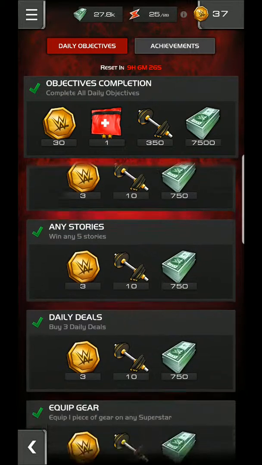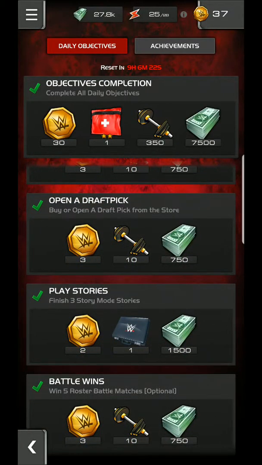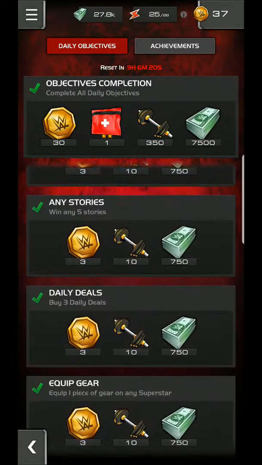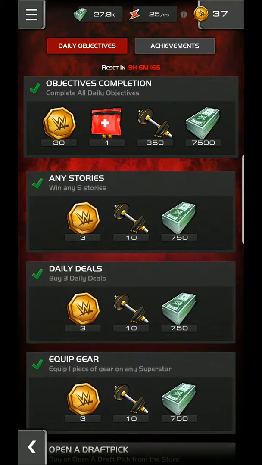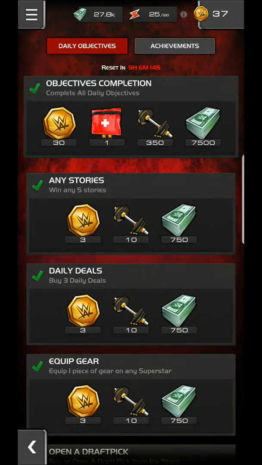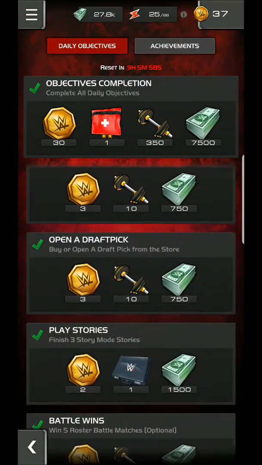Alright, so all my objectives have been complete. 9 hours, 6 minutes until they reset. So, play any 5 stories. You can see it right here. I'll put it to the top of the list right under objectives. The second panel overall says win any 5 stories. That is the first thing you're going to want to do as far as strategy goes, in my opinion. You play through those, and then...